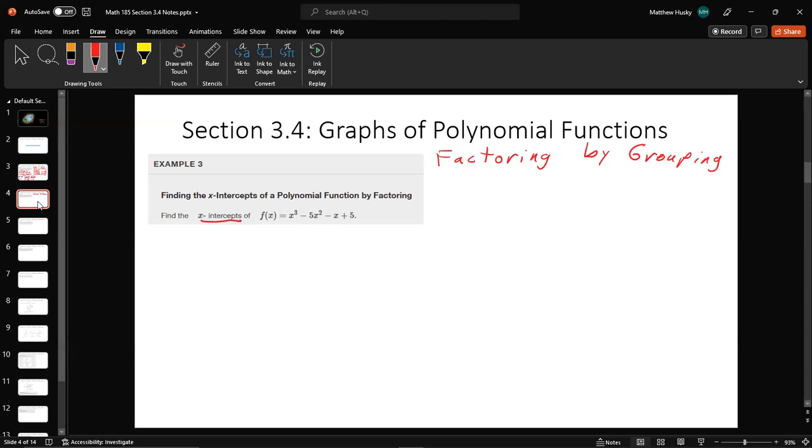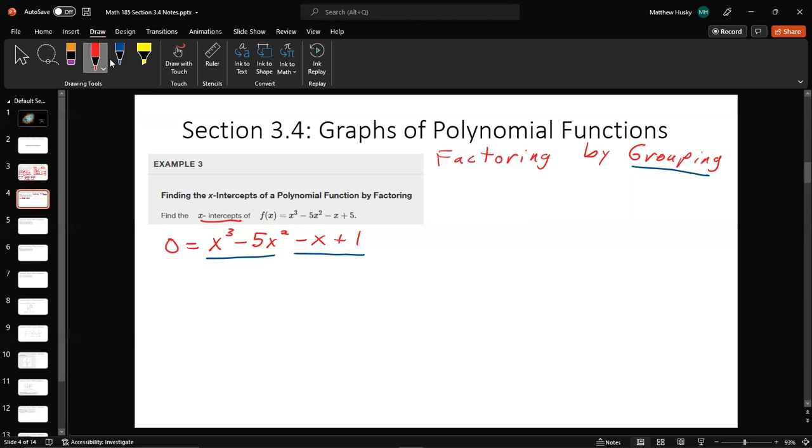So it's finding the x-intercepts, which, as we mentioned, just means set f of x equal to 0, and your goal is to solve x to the third minus 5x squared minus x and then plus 5. So when I say grouping, basically what I mean is we're going to take these terms 2 at a time and look for a common factor that just 2 of them have. Now, if you look at this first one, what you might notice they have in common,